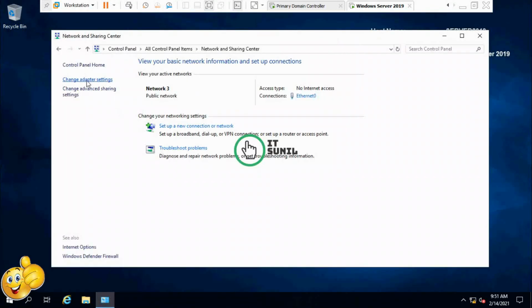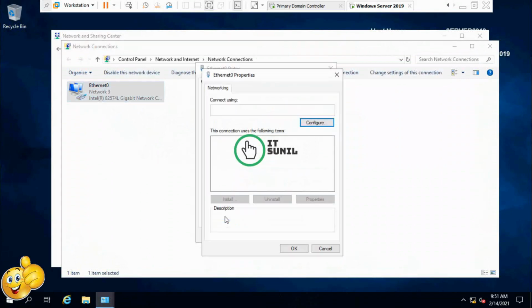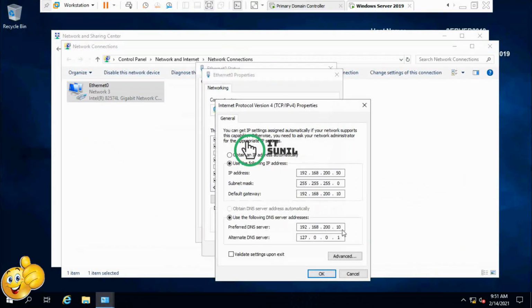So parent control, so that's fine. And here type here the 50. It's the same IP address.